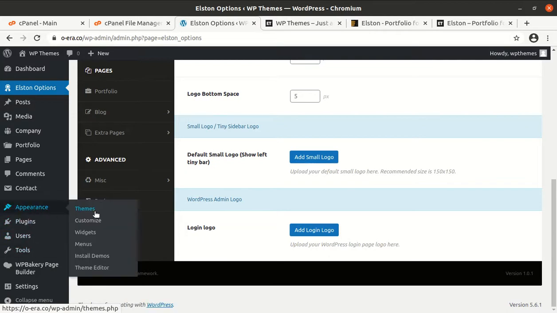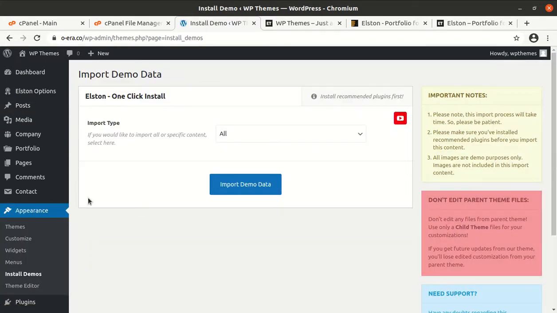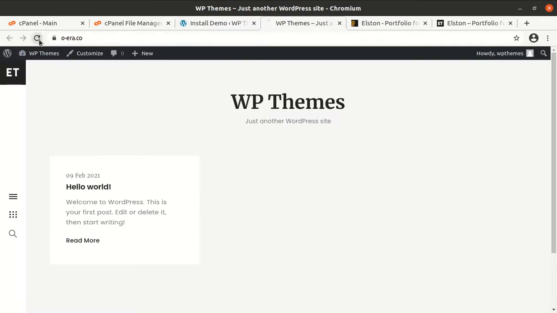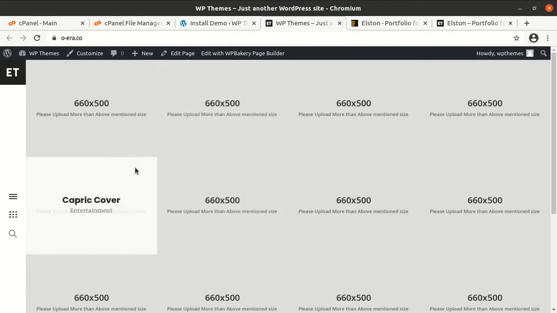Under appearance there is a link called install demos, and we can choose to import all content, widgets or theme options. We have to select all as we are installing this theme for the very first time. Just click on import demo data, and it is all done in seconds. So all done, have fun is here. So now we can check our website again. And yes, it is here,